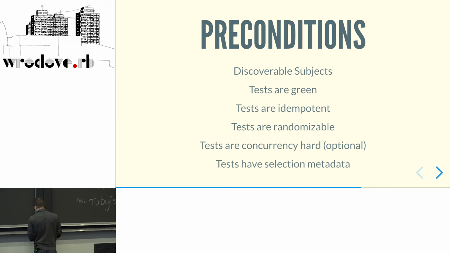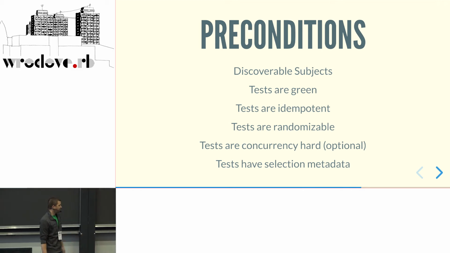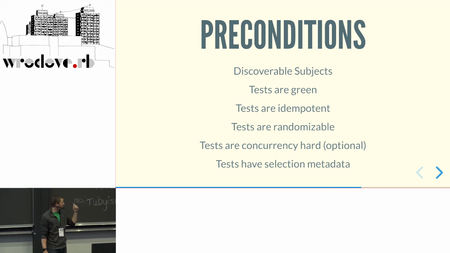If you want fast mutation testing, it is a really easy to parallelize operation. You want concurrency-safe tests, which is really hard on a certain web framework everybody will mention in a few seconds. And tests have to have selection metadata. If you have tests which can fail, but there is nothing attached for the mutation testing to derive a good selection from, you won't have any fun with mutation testing. And first and foremost, tests need to be discoverable, and we will have a panel about autoloads and bringing stuff into global scope later,